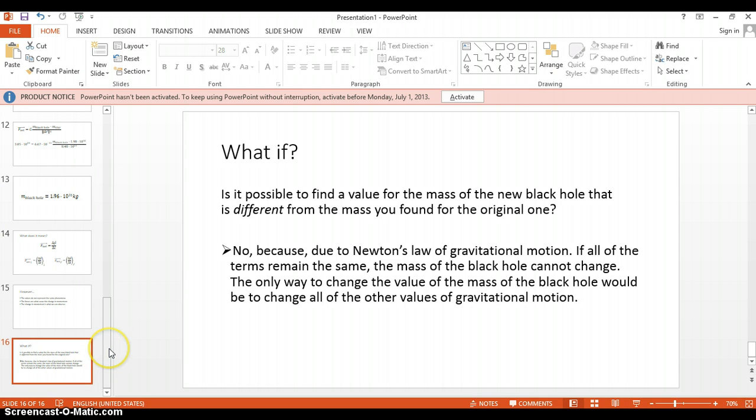So with the use of Newton's second law and Newton's law of gravitational motion, and with the use also of the momentum principle, it is possible to see how to determine forces from motion, as we did by looking at the motion of a star, and how much the black hole's